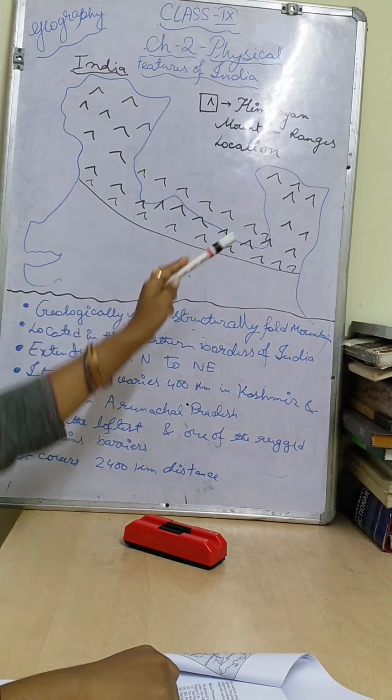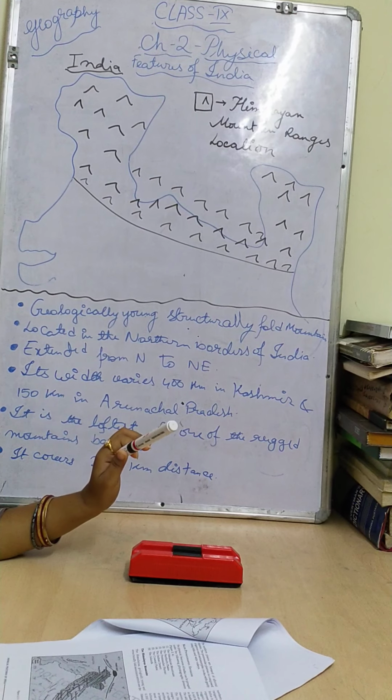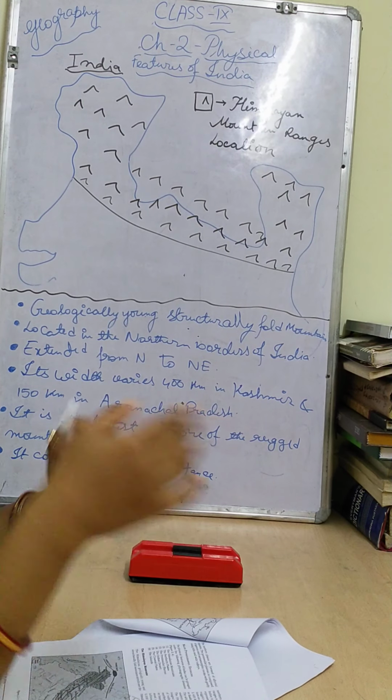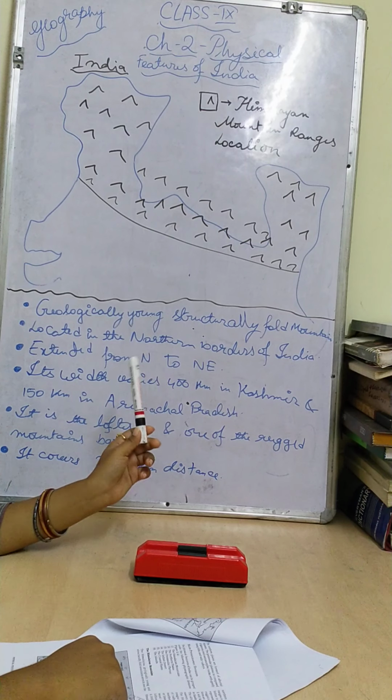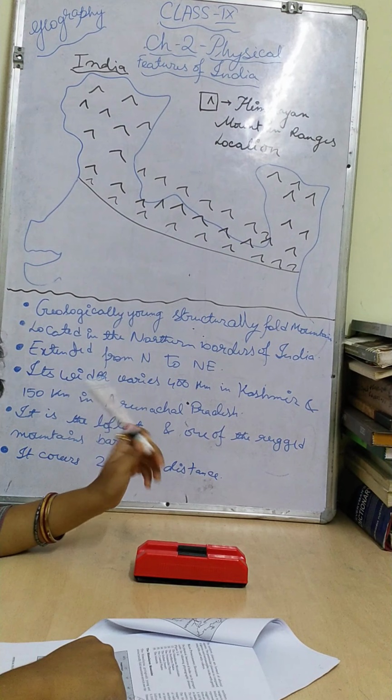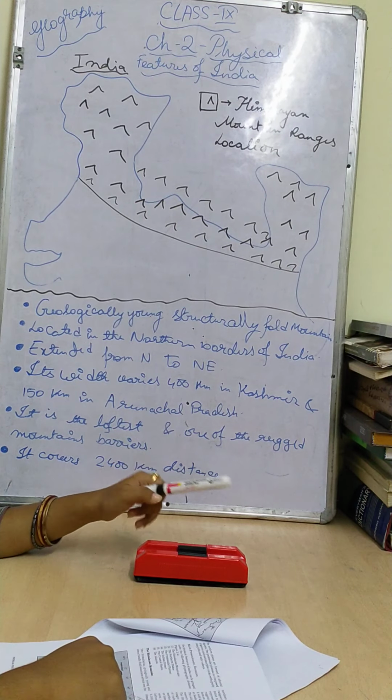It means that it was not made a very long time ago, it has been made recently. Recently means millions of years ago children. So it takes time for making. So as compared to other mountains, it is a young fold mountain. Fold mountains we can divide into two groups. One will be young fold mountain, another will be old fold mountain. Here the Himalaya is grouped as a young fold mountain. So geologically means according to the time basis we can find it out, young structurally fold mountain. Okay, geologically young and structurally fold.